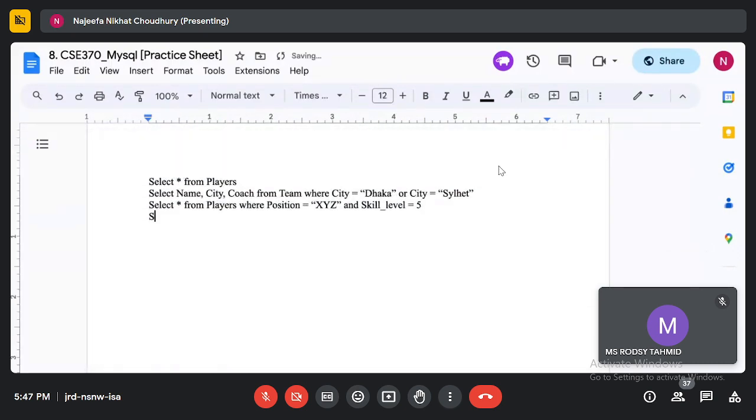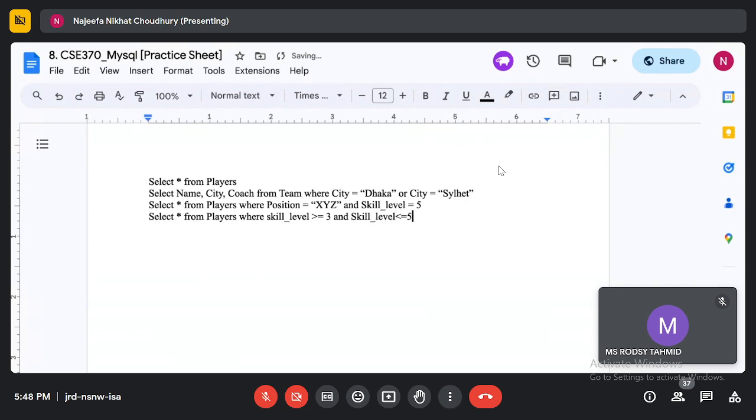So I can actually do this in two ways. Like I said, select star from players where I can use it the usual way. I can say where skill level is greater than or equal to 3, and skill level is less than or equal to 5.